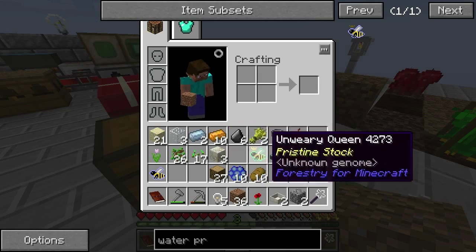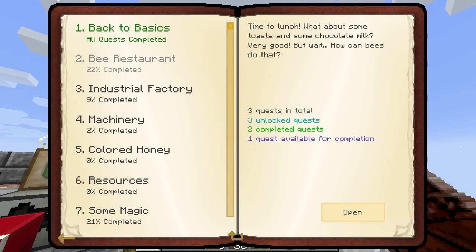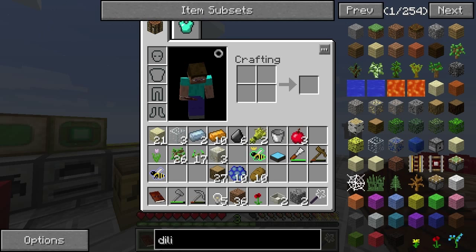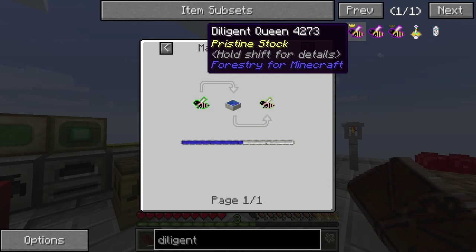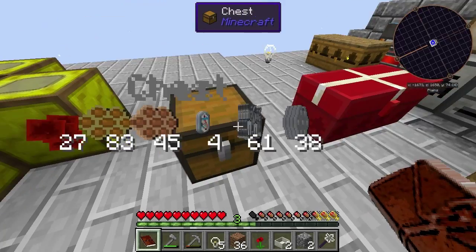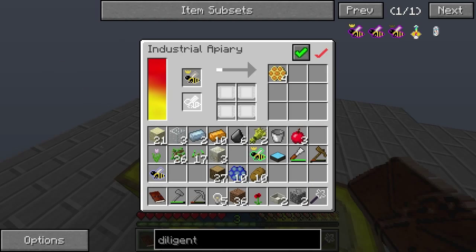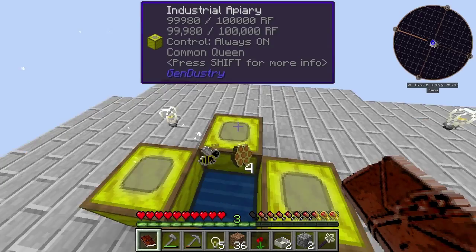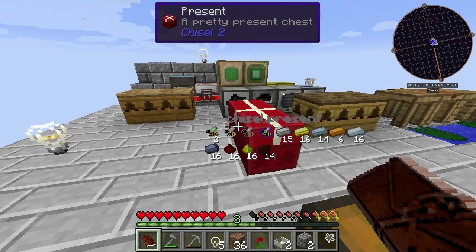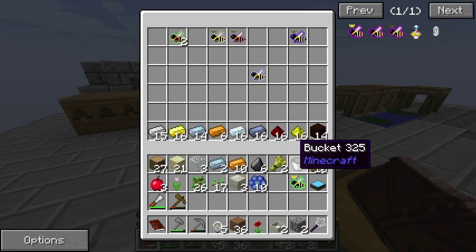Right, so we haven't really done too much there. Alright, so like I was saying then, we also want diligent, don't we? And diligent will be common and cultivated. So I guess we'll just grab a drone from this one and we'll pair it up with our last cultivated princess, which is a bit of a shame, but I've already seen that. Let me just put in